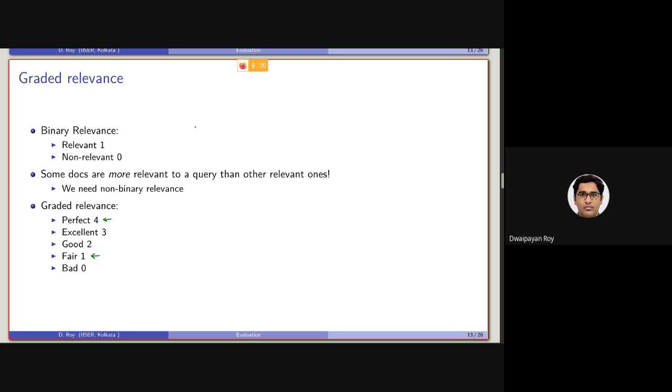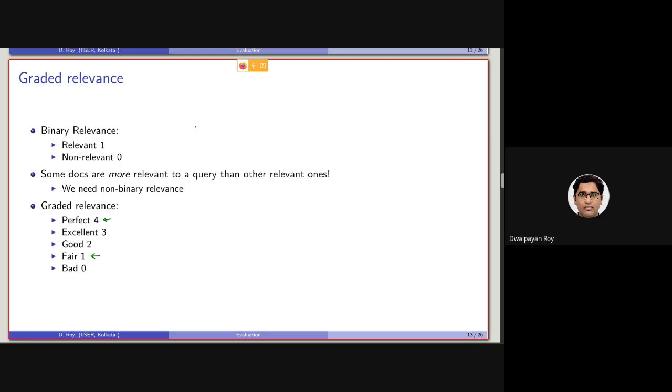Inside our mind, we are actually considering, okay, the first document, which is, let's say, a Wikipedia page, is highly relevant. The third document, let's say, in the rank, contains some aspects of our query. So it's not very highly relevant, but in some aspect, it is relevant, and so on and so forth. So for the result that we get after performing a web search, in our mind, we actually consider a graded relevance.